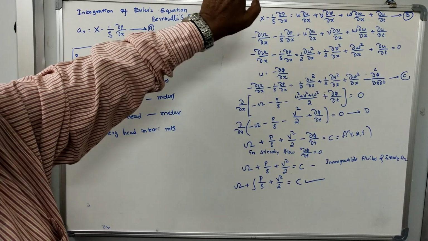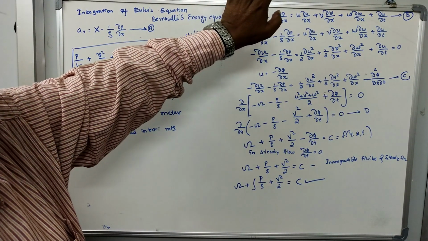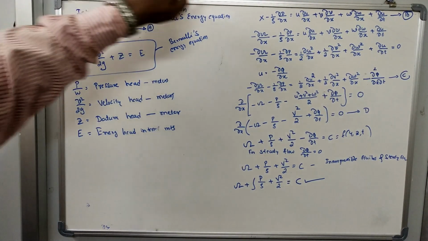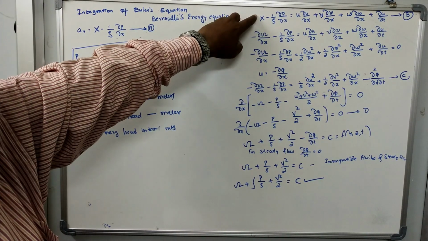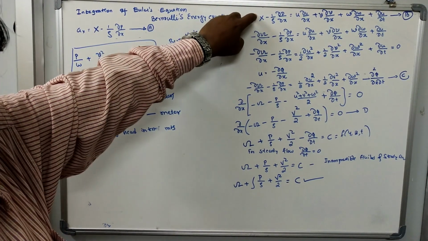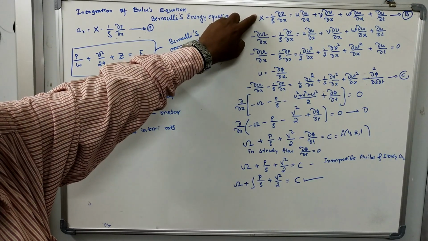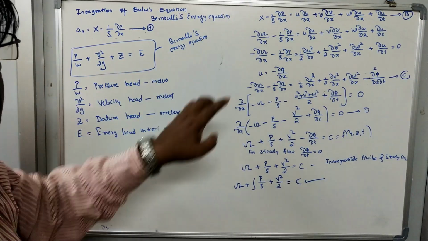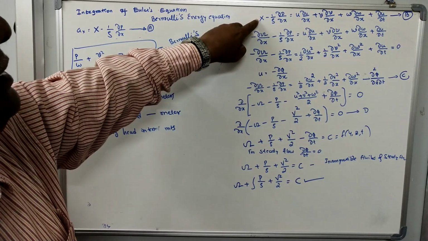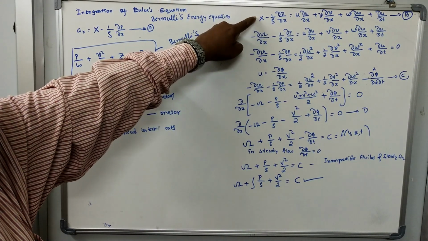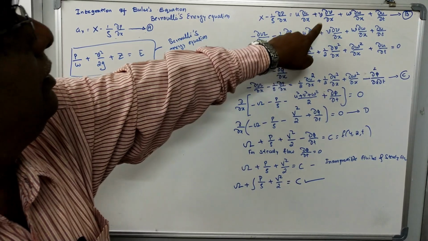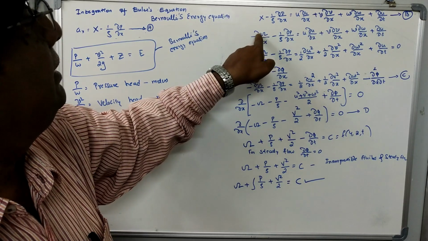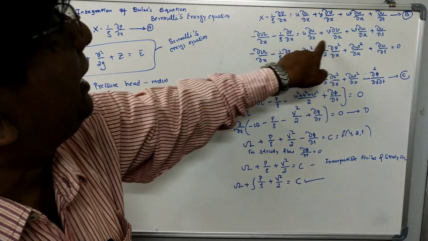Steady flow means the angular velocity components are zero. Okay, that is for the irrotational flow, incompressible fluid and for irrotational flow. Irrotational flow means the flow is said to be irrotational if the angular velocity components are zero, that is omega x, omega y, omega z. Making use of that condition, we have modified the basic Euler's equation like this: u ∂u/∂x plus ∂u/∂x, meaning all the functions only vary with respect to x.